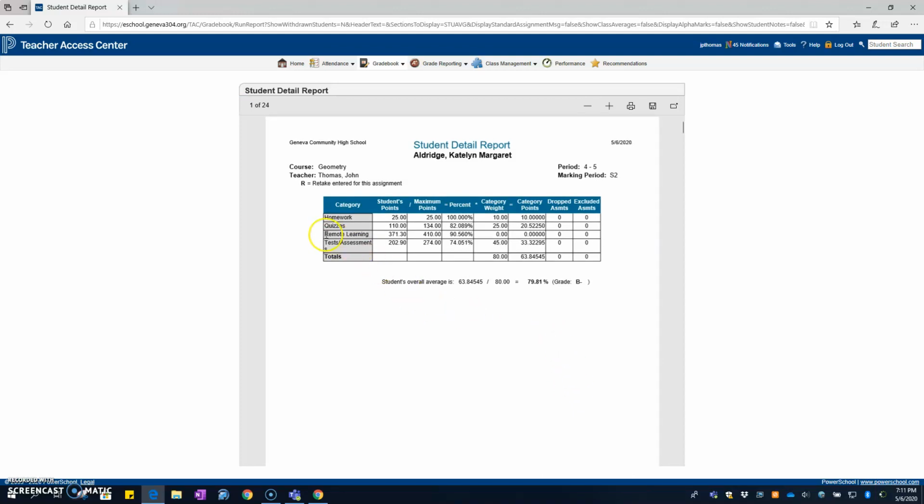And you'll notice right here in remote learning, it gives you a lot of information. The one that you're most interested in is this percent column right through here. And that will give you the remote learning average for the students. And there's one page per student, so you can just scroll through, find the ones you need, and adjust grades